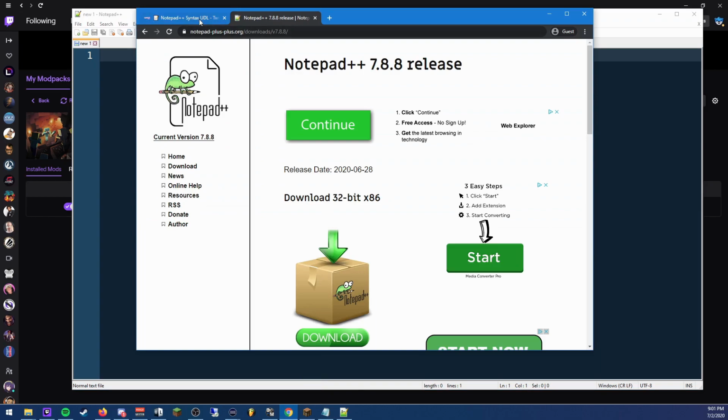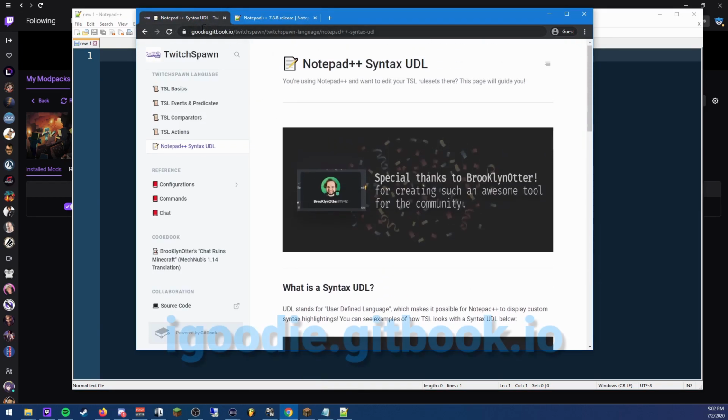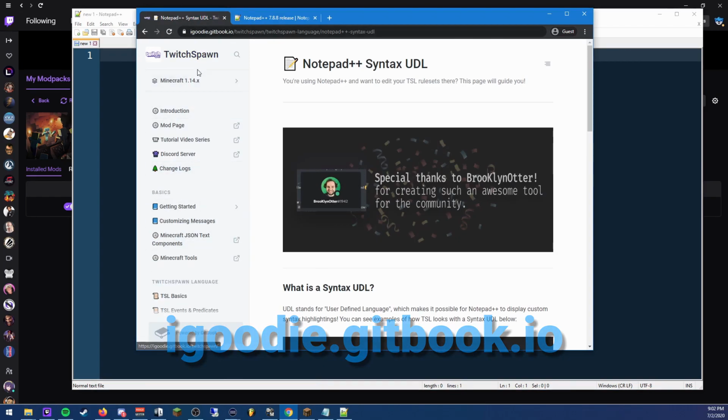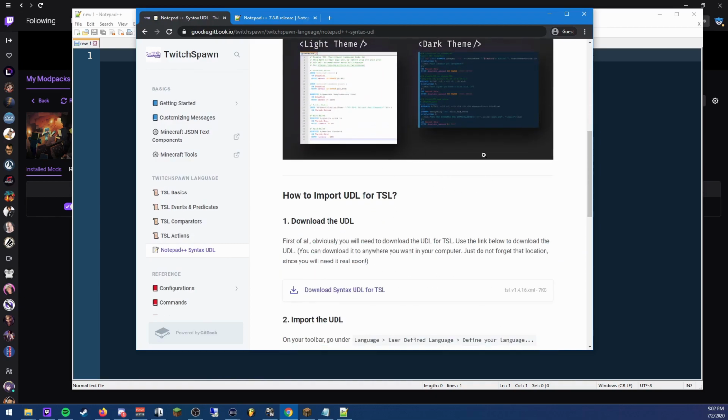And okay, so this next part is really important. This is why you want to use Notepad++, is because you can use a UDL, which is a user-defined language. And so in here, in the GitBook.io, on the left-hand side, if you scroll down to the TwitchSpawn language right here, there's going to be this page called Notepad++ Syntax UDL. So when you click on that, it'll bring up this page right here,